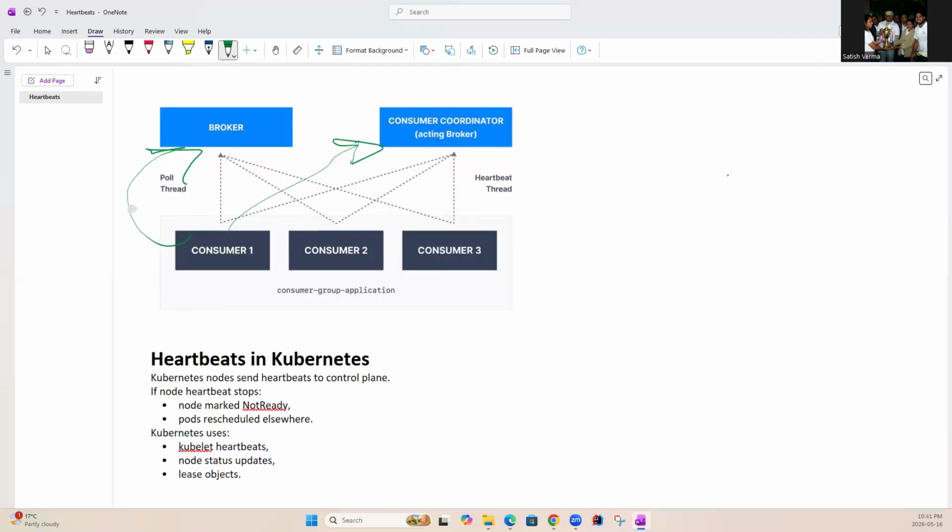If something is gone, if something is not working, meaning where the cursor is, suppose this one is gone, then only two will be there, and the partitions will get distributed between the two only. Now, heartbeat in